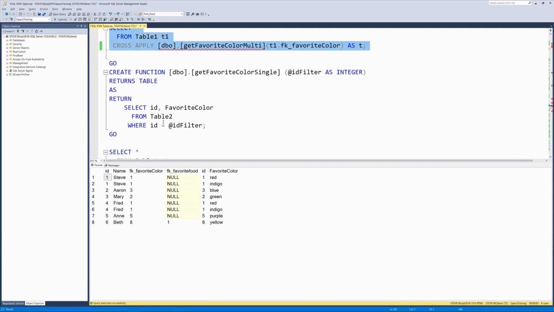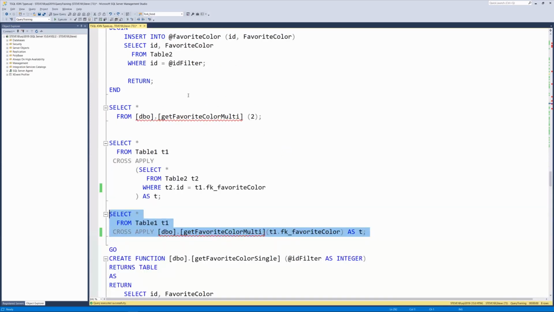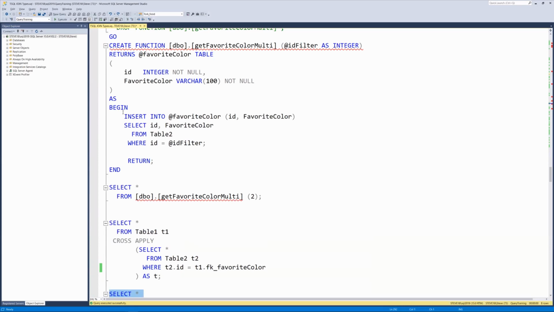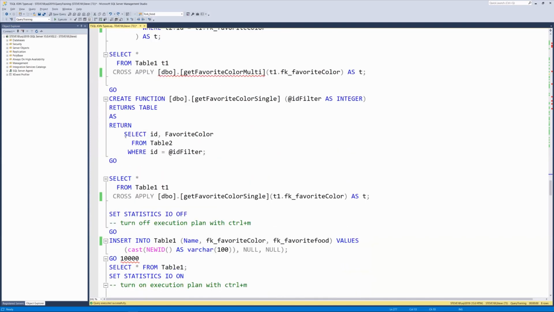So next, what I'm going to do is create a function, get favorite color, and I'll just talk about that for a second. Basically, in SQL Server, there are performance differences if you have a single statement table valued function versus a multiple statement table valued function. This one is technically multiple statements because it has this insert and then it has a return. If instead we'd created it simply as it returns a table and it was a single statement, you get different performance based off of how those are written.